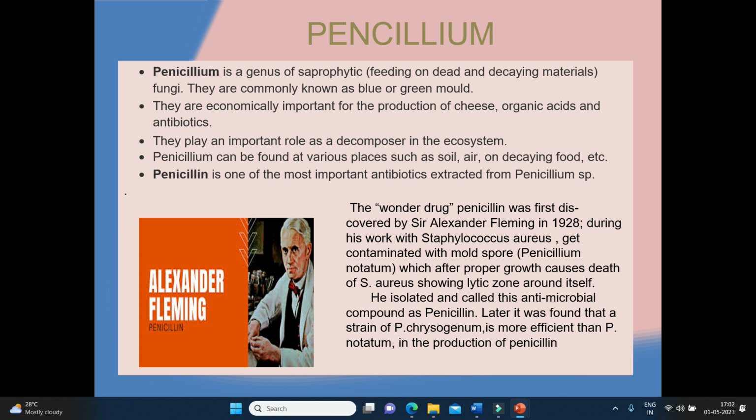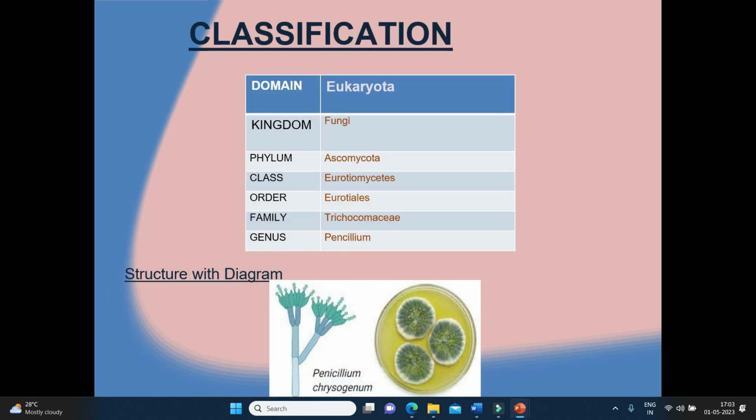The wonder drug penicillin was first discovered by Sir Alexander Fleming in 1928. During his work with Staphylococcus aureus that got contaminated with mold spore, that is Penicillium notatum, which after proper growth causes death of Staphylococcus aureus, showing a lytic zone around itself. The lytic zone is nothing but breakdown of a cell. He isolated and called this antimicrobial compound penicillin. Later, it was found that a strain of Penicillium chrysogenum is most efficient